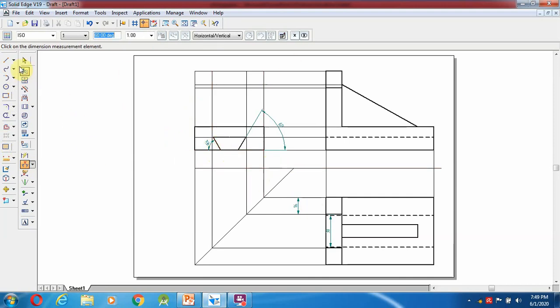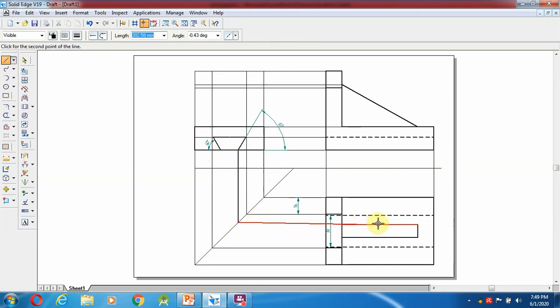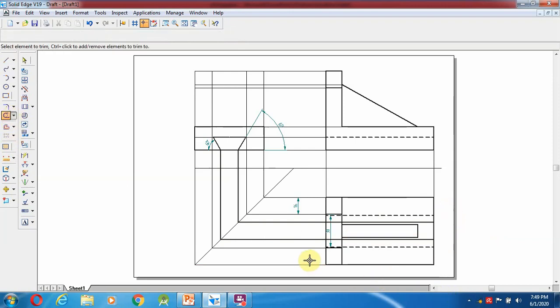Now after drawing this 60 degree, these lines I am going to project over towards this one, that 45 degree line. So wherever it cuts, I am going to draw a straight line over here. Okay, so same like from here I am going to make a straight line. After making the straight line, use the trim option, these lines I am going to trim. Even this also I am going to trim as of now. Why? Because this should come as a 0.13 mm line.